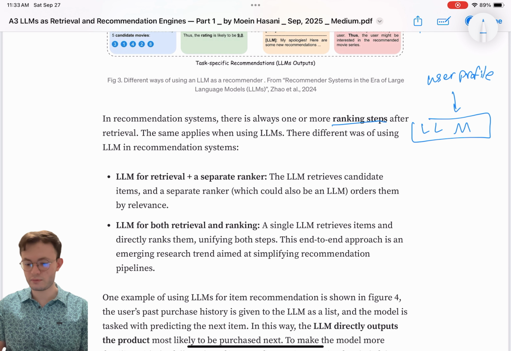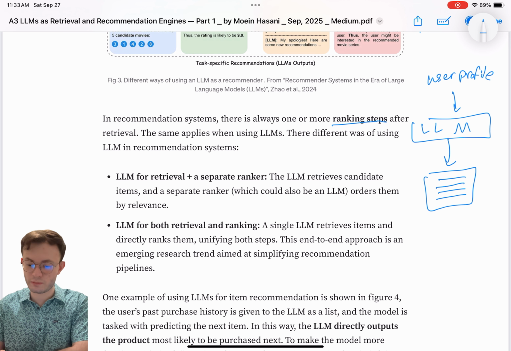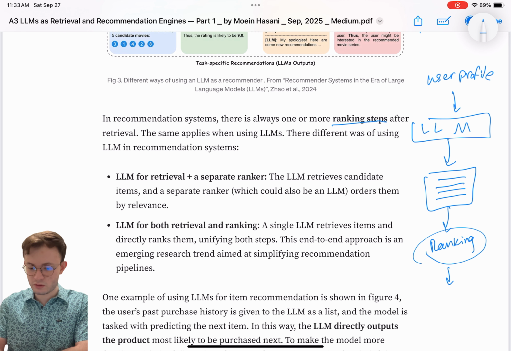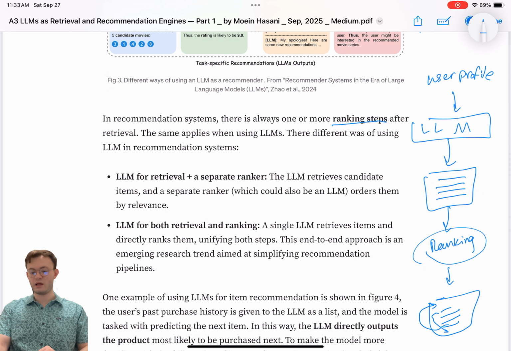And from all the items in your database, it will return, let's say, 100 items. We'll talk about how it can do that, how it will have access to all the items in your library. But then these 100 items need ranking. So you have to make sure you show the more related items at the top. Maybe at the ranking step, you need to bring the fourth item to the top, and the second one to the bottom, something like that.